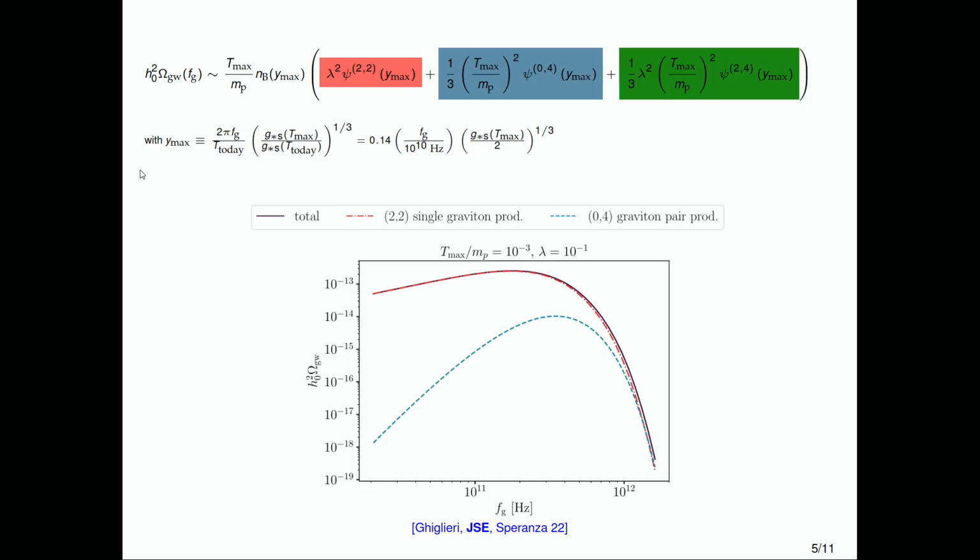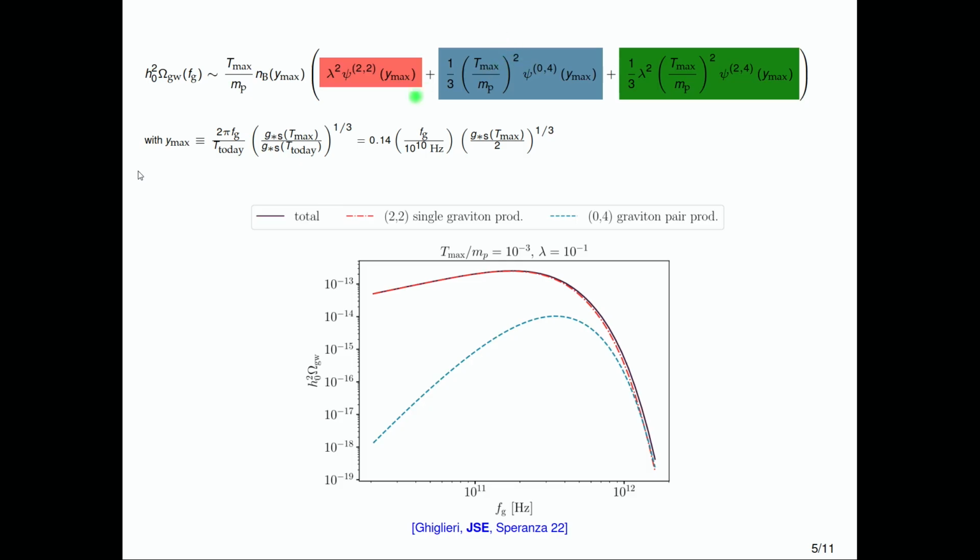First I should say these psi functions here, here, and here, they encode all the microscopic particle physics. You get these psi functions by calculating the matrix element squareds, and then you have to perform the phase space integrals. But for a moment, let's say these psi functions are all on the same order of magnitude, and then let's discuss what kind of contributions dominate. For example, when you have very high temperatures, and that's the main topic of this talk, when the temperature in units of m Planck is higher than the coupling in your heat bath, then these graviton pair production processes would dominate.